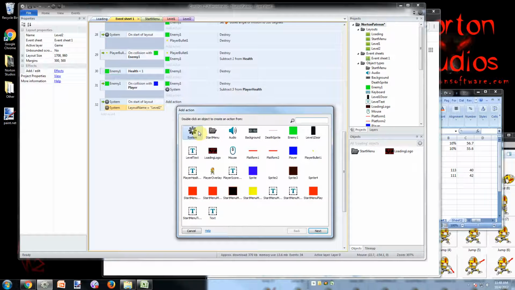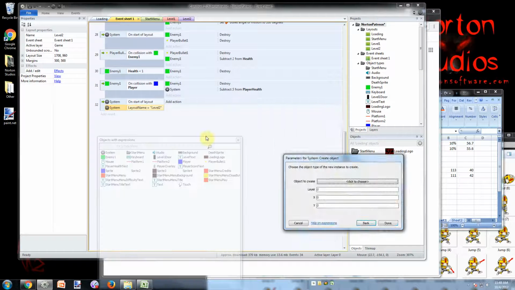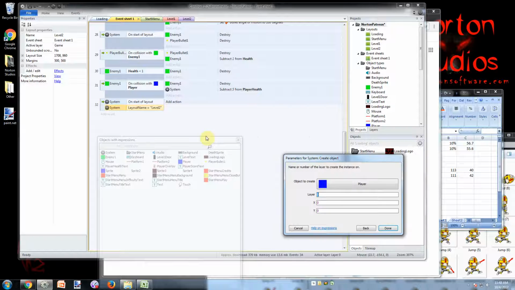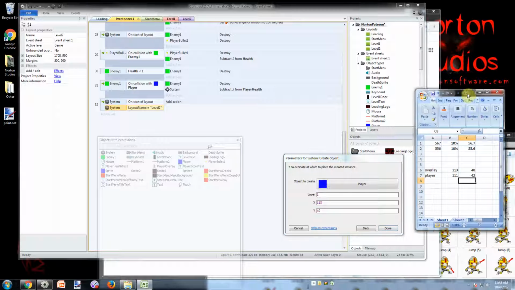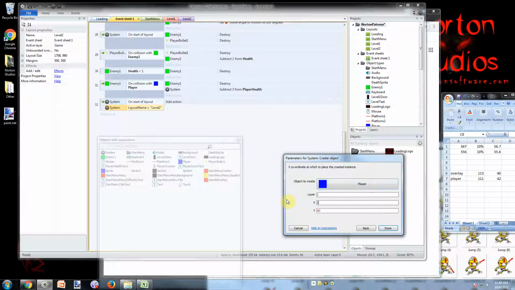We're going to bust out some create objects. We're going to create the player on layer 1. X is 11340. I think I have that backwards. Yeah, the player is the other one. 11142. The important thing to note, since we are